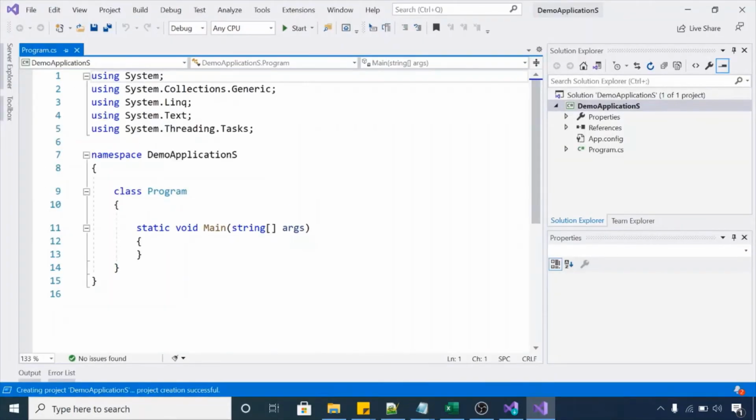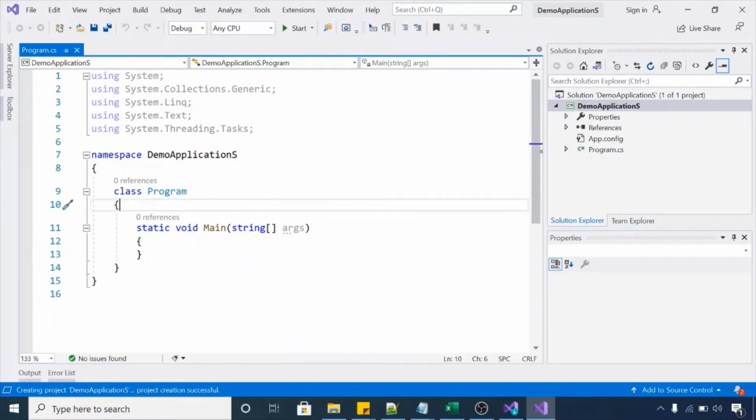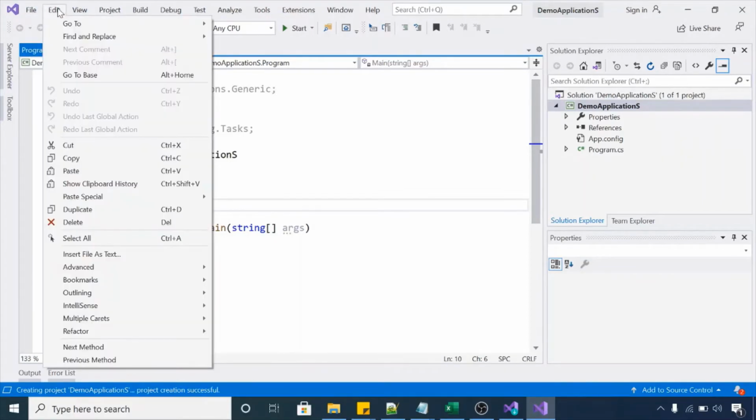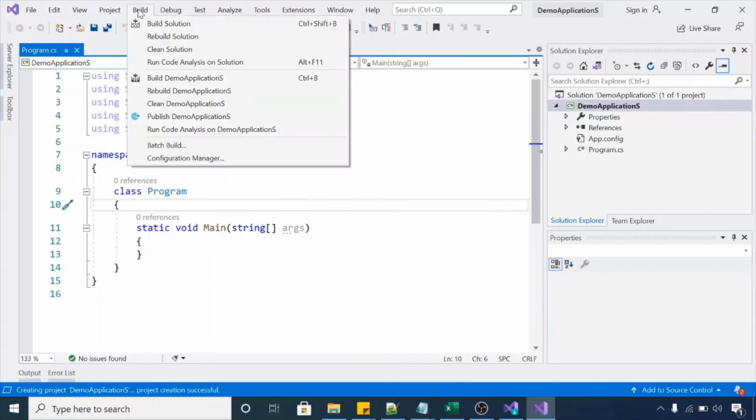So guys, this is the default UI of Visual Studio. Like any other tool, if you have worked on Eclipse or Visual Studio Code, there is a code editor in which you will write code for your application. So this is the code editor area. In this you can write code for your files or projects. And these are different menus to create new files, solutions or projects. And you have different options in the edit menu like cut, copy, paste. And if you want to build your project, this is the option, build solution, rebuild solution.